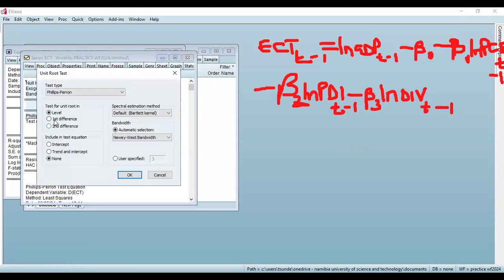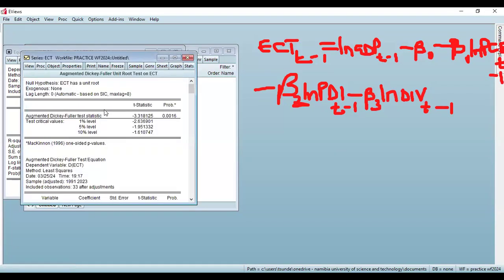So let's repeat the test. Also in levels, we now want the augmented Dickey-Fuller test at none, right? We repeat the test. What is it telling us? Almost the same result, that the errors are stationary in levels. So both the augmented Dickey-Fuller test and the Phillips-Perron test are confirming each other that the errors that we have generated from our long-run equation are stationary in levels, which means